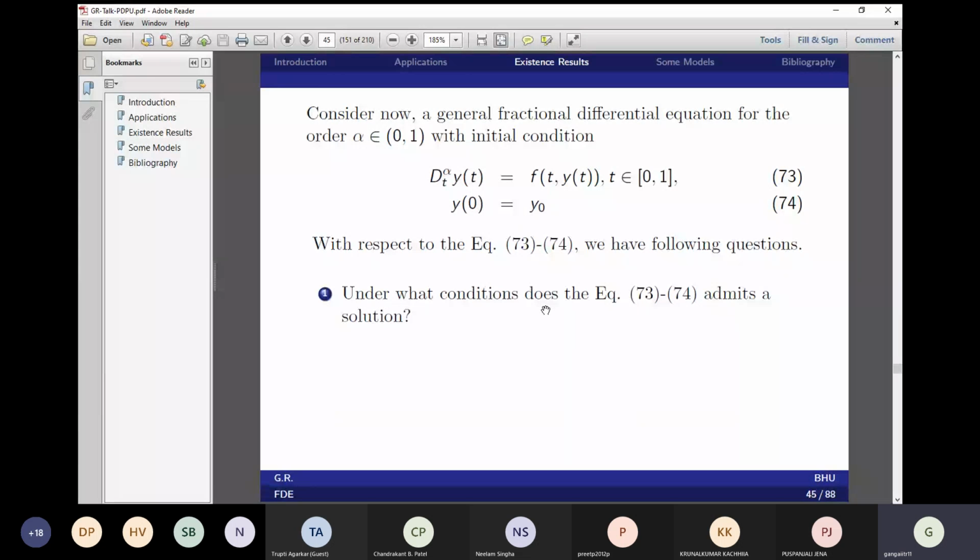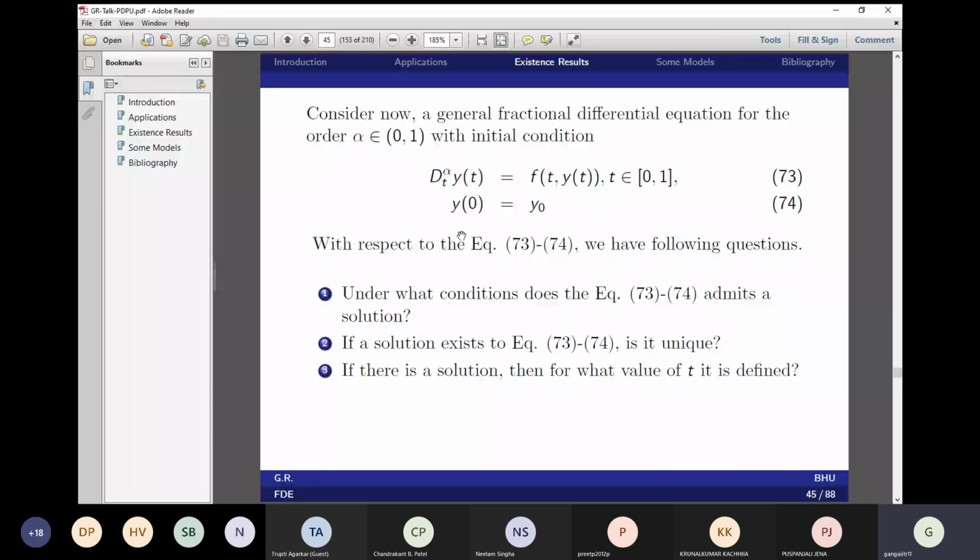Under what condition does the system 73 to 74 admit a solution? Under what condition does this system have a solution? If the solution exists, is it unique? If there is a solution, then for what values of t, that is, what is the operational interval for this solution? So basically we have three